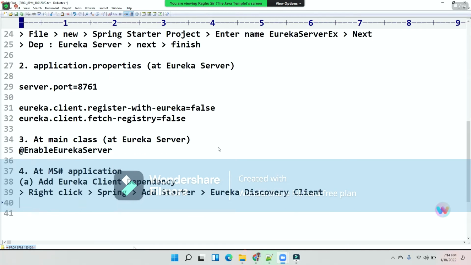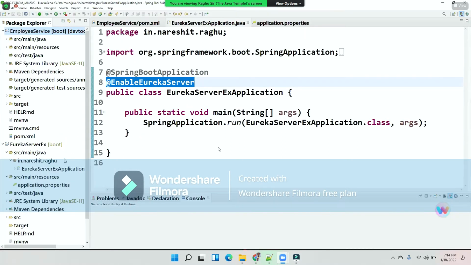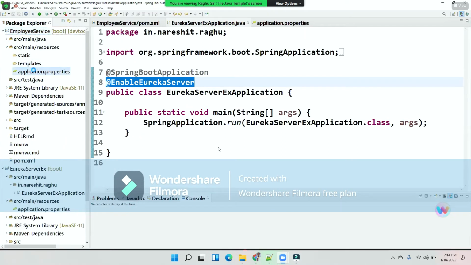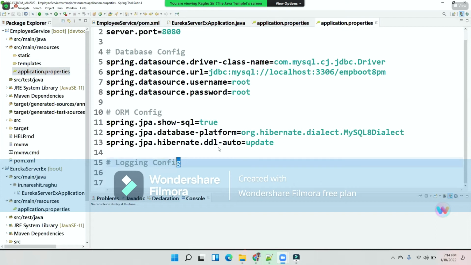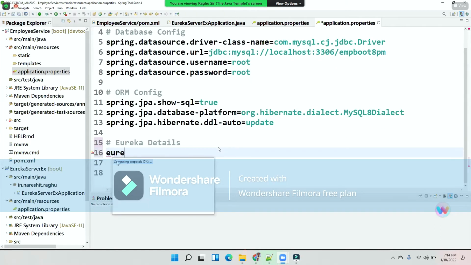Eureka discovery client. Okay. Add Eureka location. See, in the properties file, I'm adding Eureka location here. Okay, Eureka details here. Eureka dot client dot